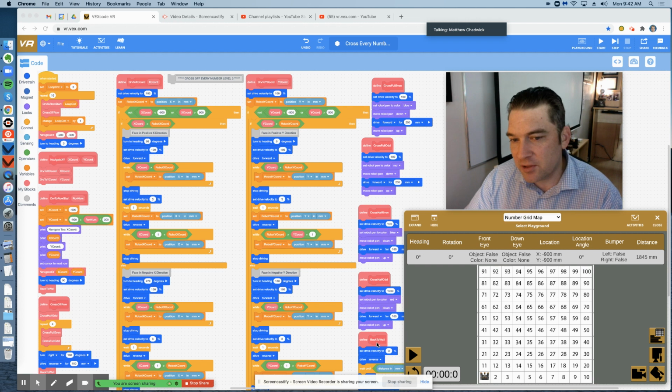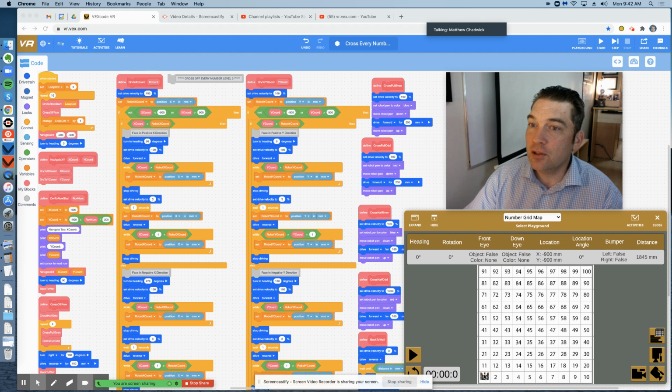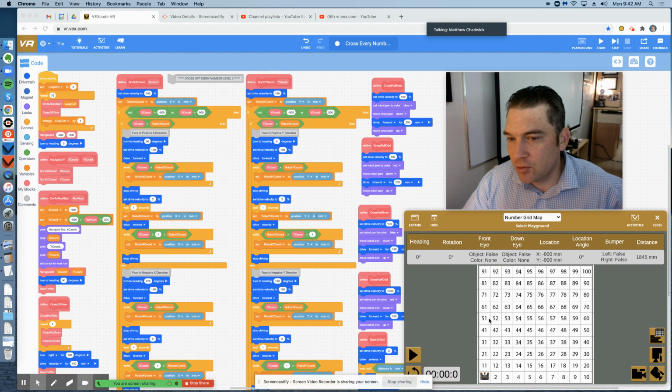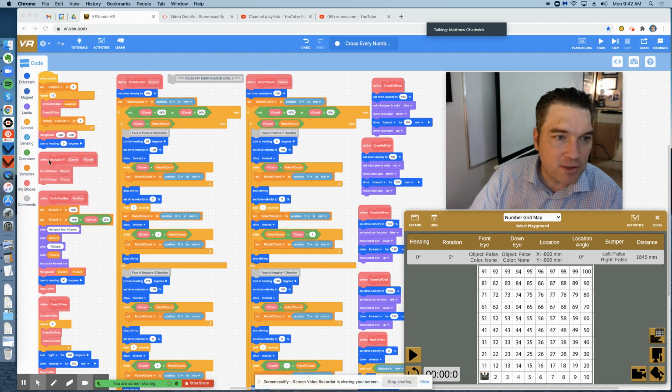I also have a special function called back up to wall that drives very slowly, that allows my robot to back all the way to the wall. So when we try to cross off these numbers next to a wall, we get the biggest cross off line that we possibly can. I also have a function to navigate to any XY coordinate, which calls these long code columns here,